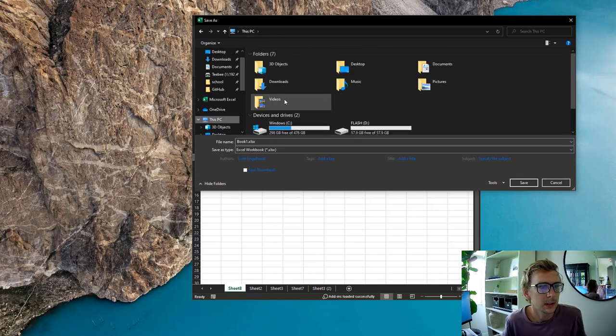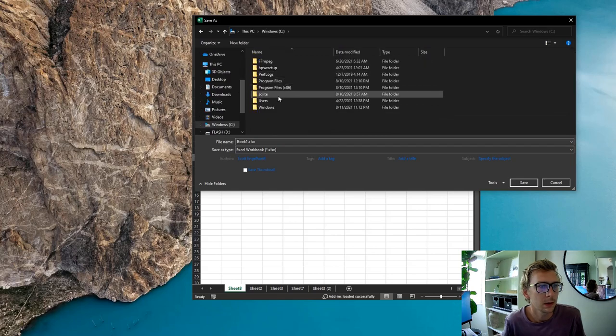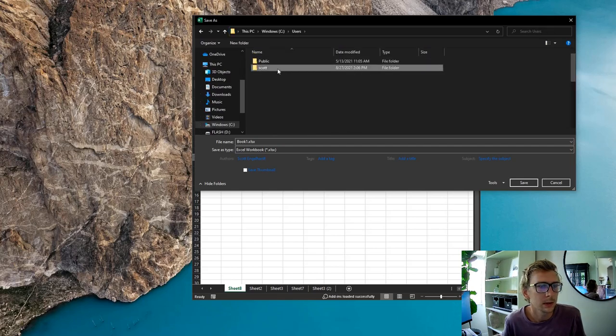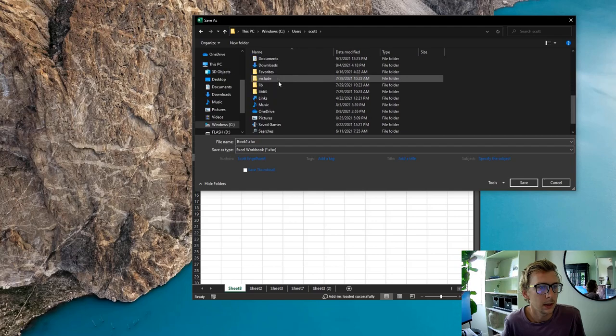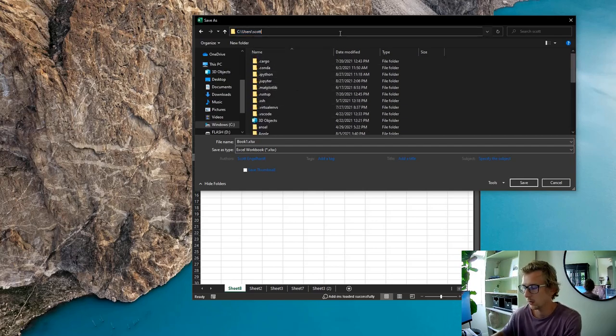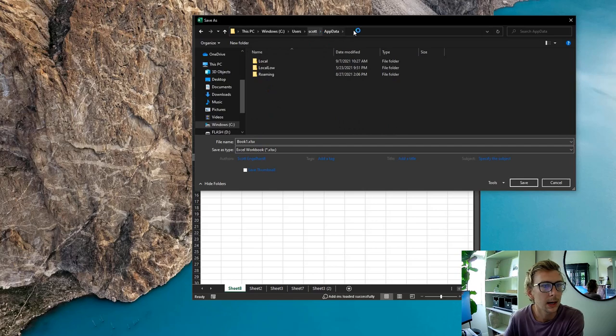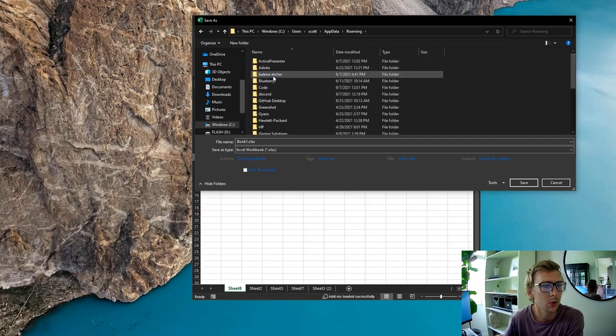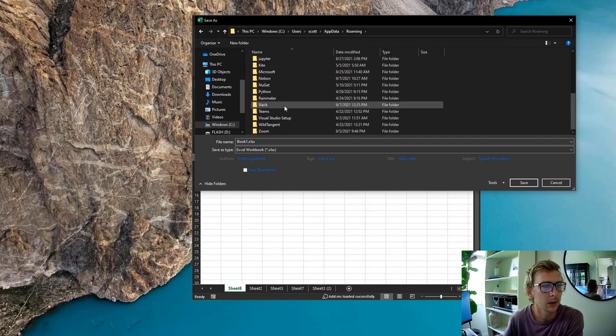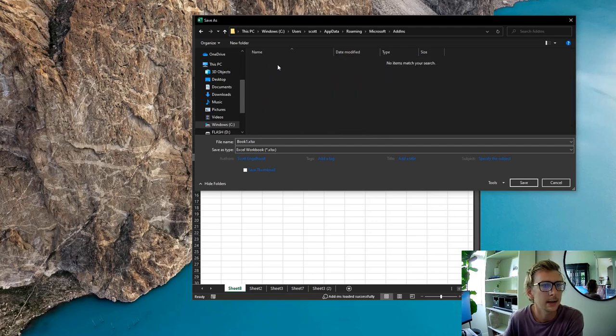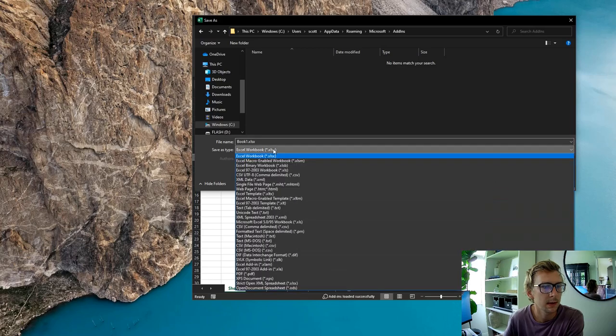Actually, I'm going to go out to my PC and my C drive, Users, Scott, and then I'm going to go to AppData, which may not be shown, so you have to find AppData. Then we're going to go to Roaming, and then Microsoft, and then we should get to this AddIns folder. So what we can do is save this as an Excel add-in